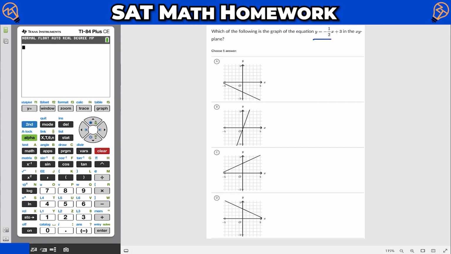So when you have an equation in slope-intercept form, the easier of the two components to plot, in my opinion, is the y-intercept, which in this case is +3. So I'm going to do my own sketch off to the side. So if the y-intercept's +3, we should be starting at +3 on the y-axis, which means we could eliminate